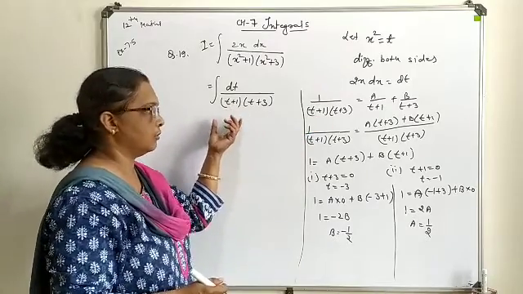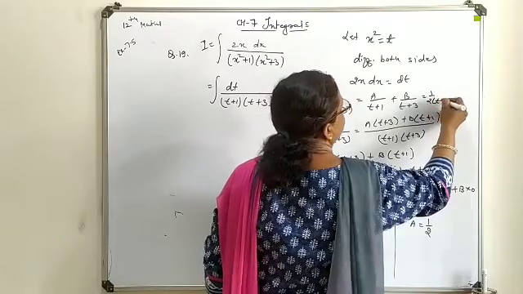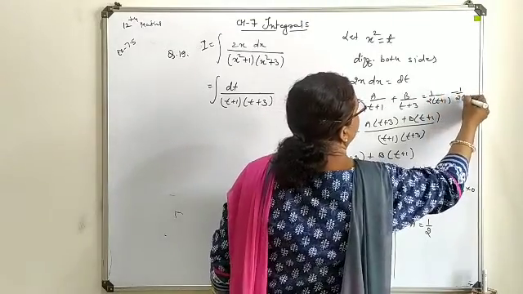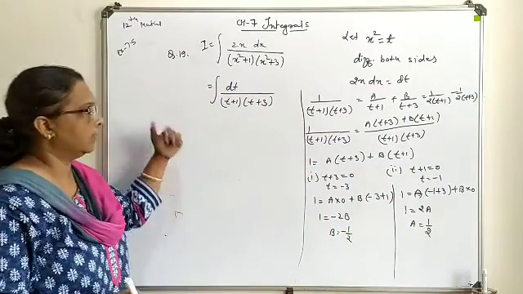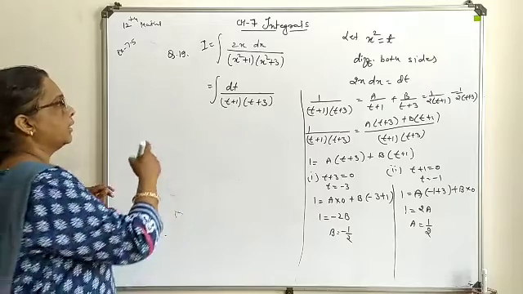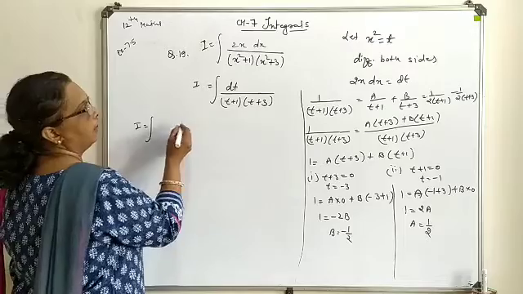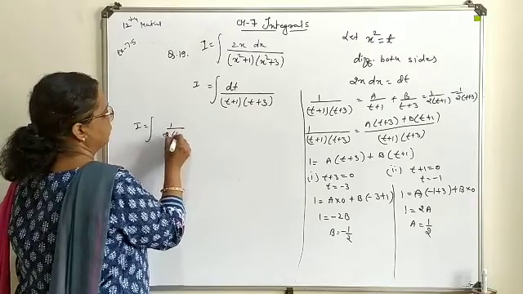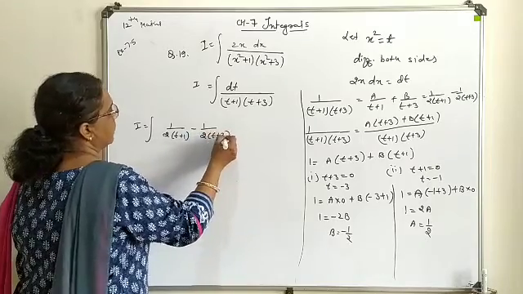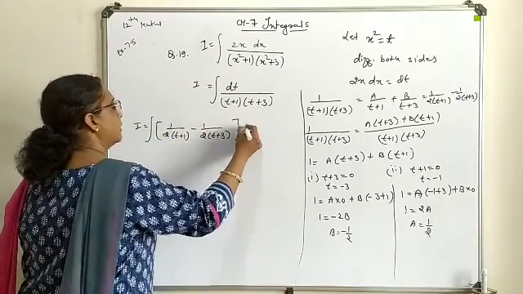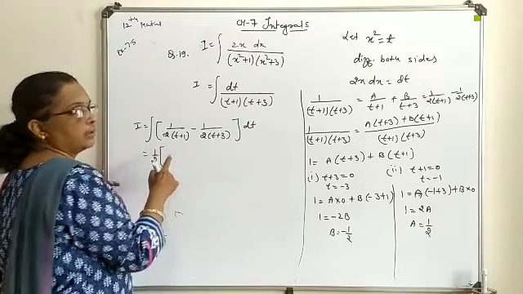Substituting over here, your question turns into plus half upon t plus 1, whereas it is minus half upon t plus 3. This is the removal of the constants and turns your question into a separate form. Now you come to the question frame. This fraction you write as 1 upon 2 (t plus 1) minus 1 upon 2 (t plus 3), and it is available for integration. We can take 1 upon 2 common and then integrate.